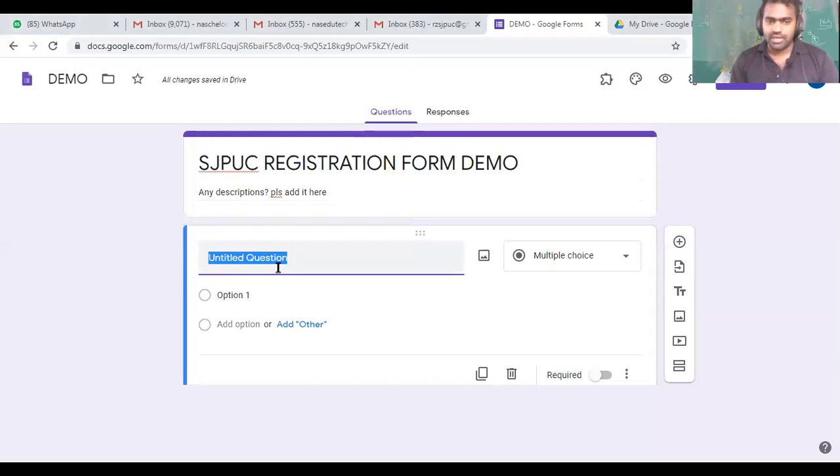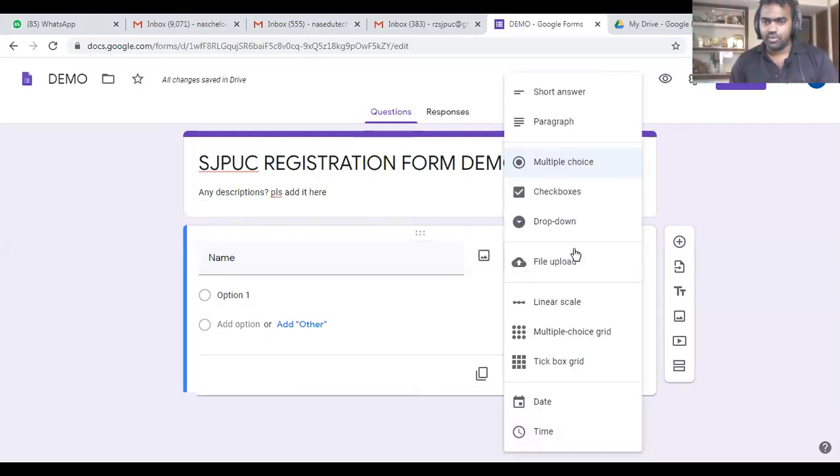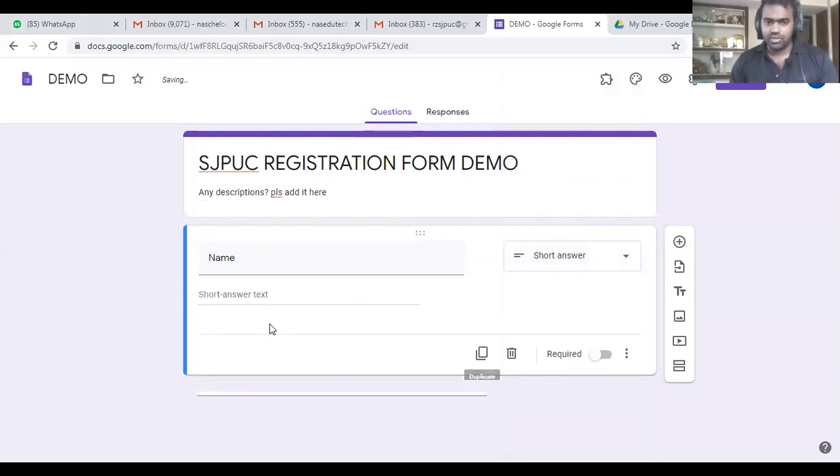Now, after that, you can do the forms here. If you need to collect the name, you can go to name, and here you will have the option like short answer, paragraph, etc. So name is a short answer type, isn't it? So you can add that, and here you have the option whether it is a mandatory field.